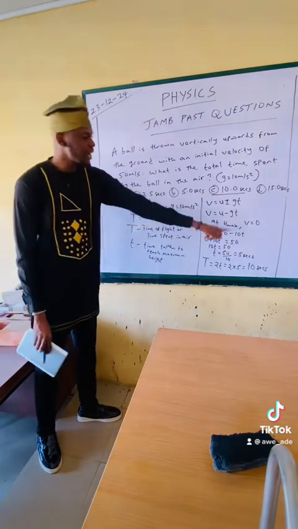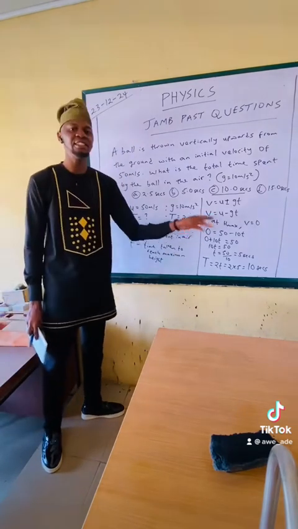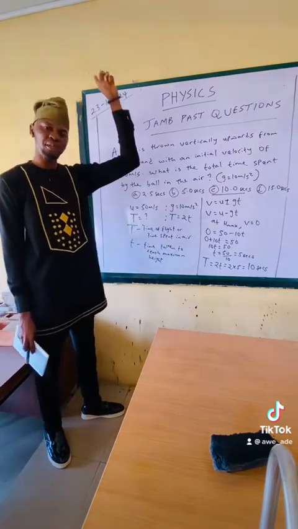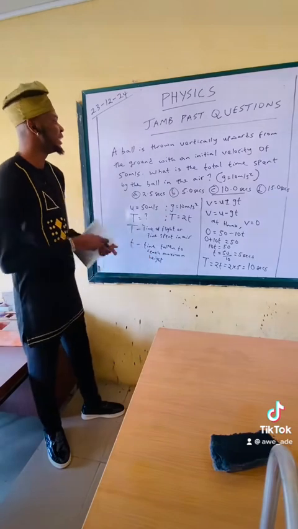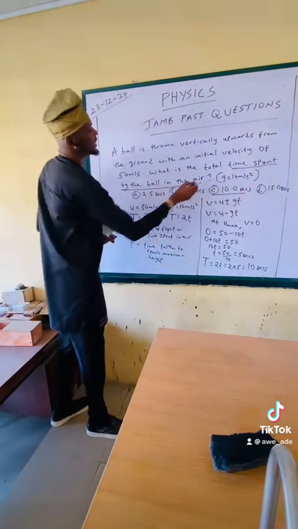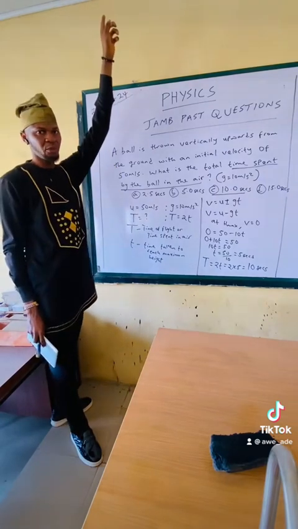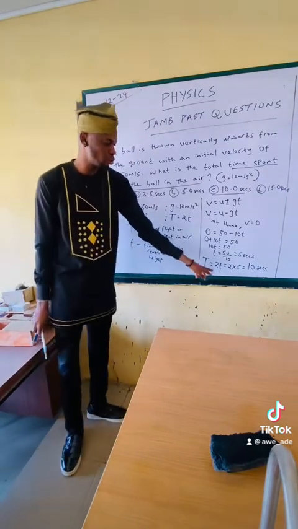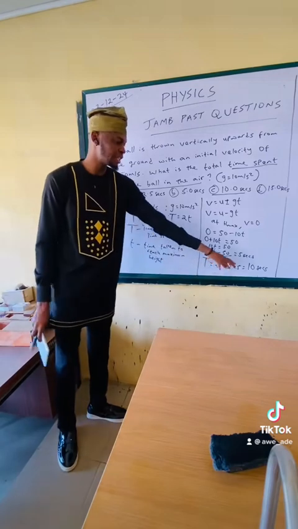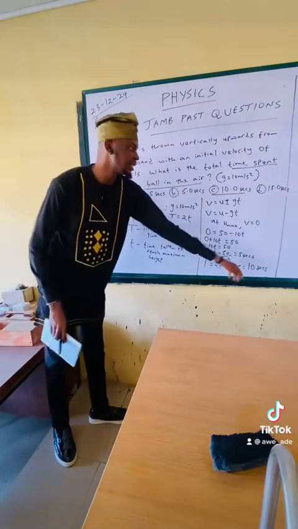Don't forget that 5 seconds is not the answer, because that 5 seconds is the time taken to reach maximum height, and we are finding the time spent by the ball in the air, not the time taken by the ball to reach maximum height. So it will now be 2t, which is 2 times the time taken to reach maximum height, and that will give us 10 seconds. That's why the